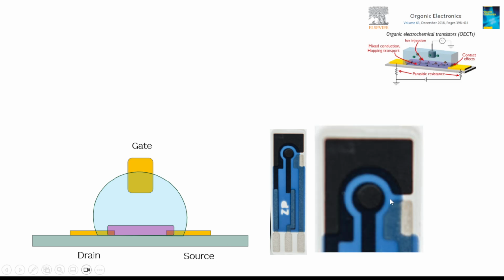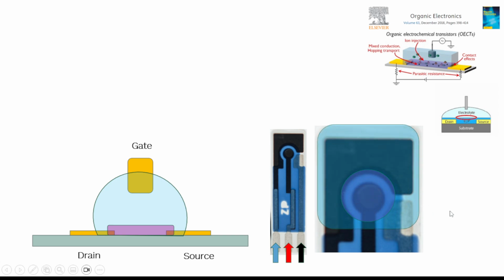What I would do is cast down my OECT material. I would cast it down between what I call the counter and working. Don't touch the reference, because then you start to create strange shorts. I would cast it down like that, at which point once it's cured, you've got your material down, then you can put your drop down, and your drop will then put everything in wet contact with one another, and you should be able to use that as an